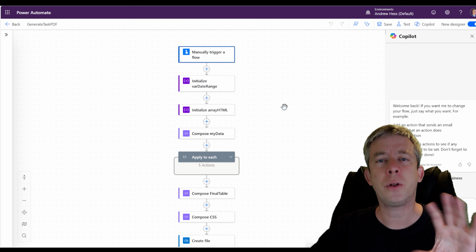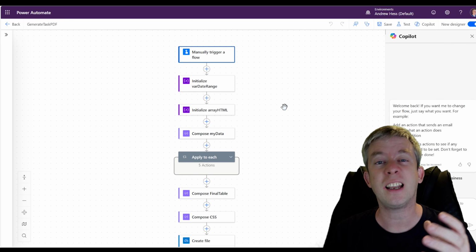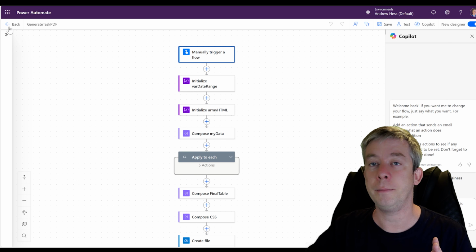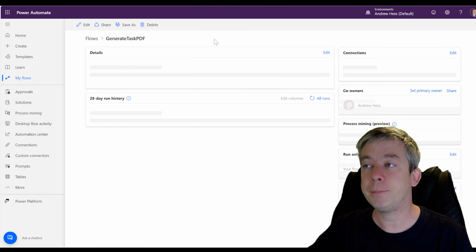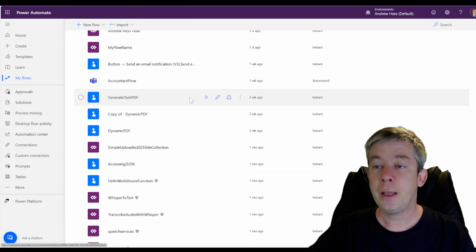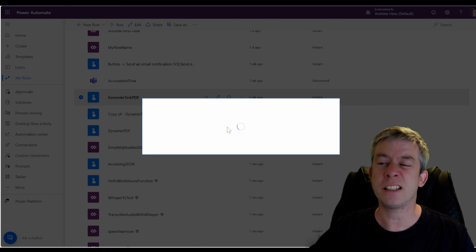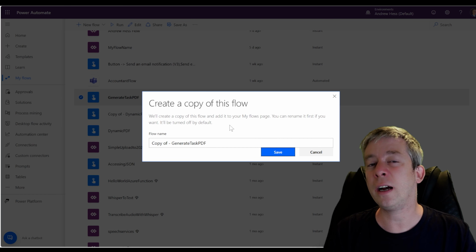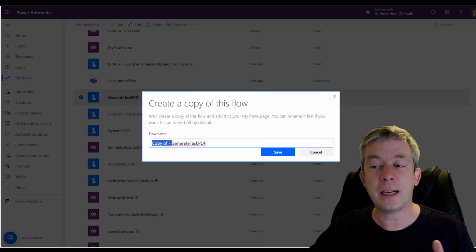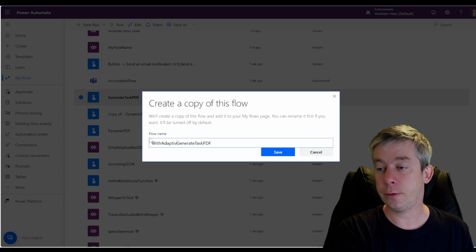And let me just give you a little tip. Instead of coming in here and editing this one that we like and maybe don't want to break, what I like to do sometimes is I go to my flows, right? I go to all my flows, and down here I click on the 3 dots and I click Save As. That's what I do sometimes when I don't want to lose my old data. I don't want to export it, but I just want to make a copy. And so with adaptive card,